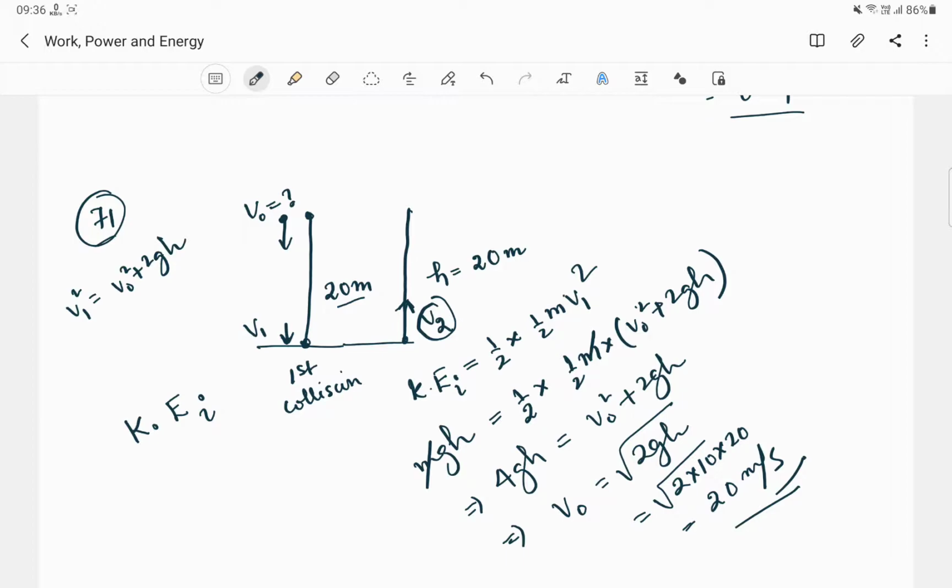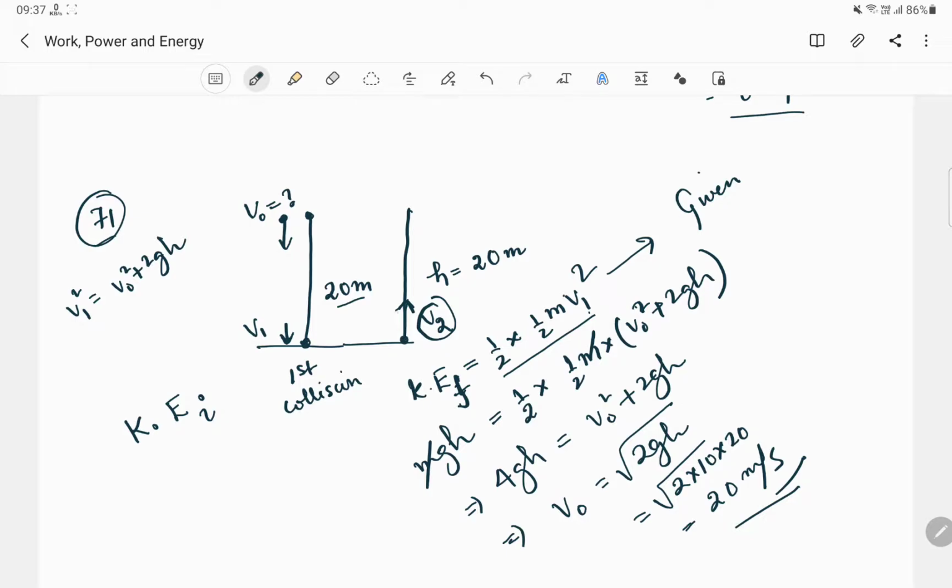According to the given condition, the kinetic energy with which it will rebound will be half of the kinetic energy with which it strikes the ground for the first time. If we consider the kinetic energy after rebound to be kinetic energy F, this will be equal to half into half m v1 square. Here the value of v1 square will be equal to v naught square plus 2gh, and according to the work energy theorem, we know that